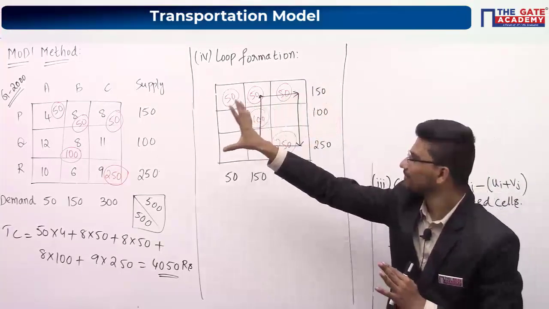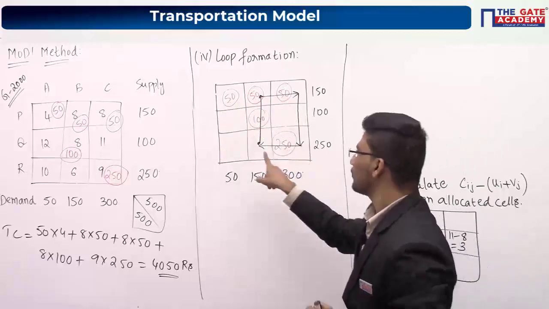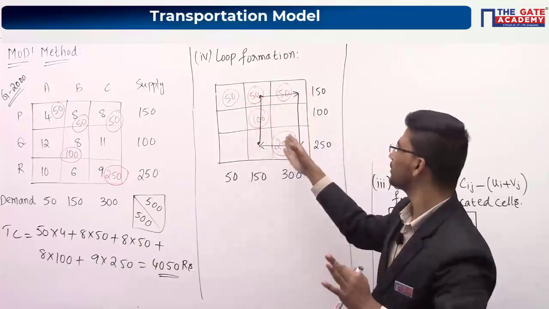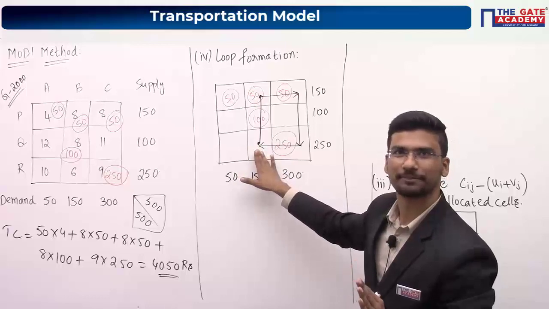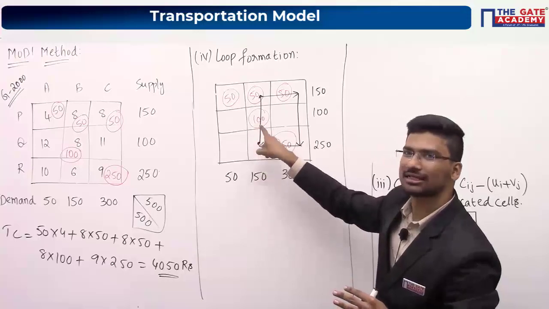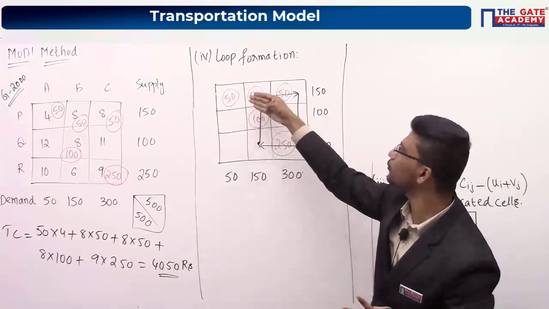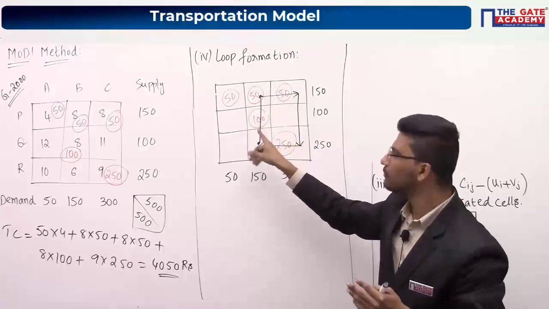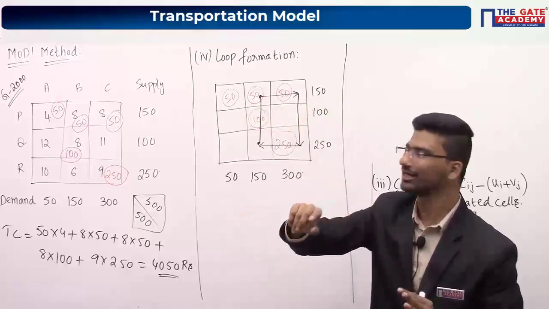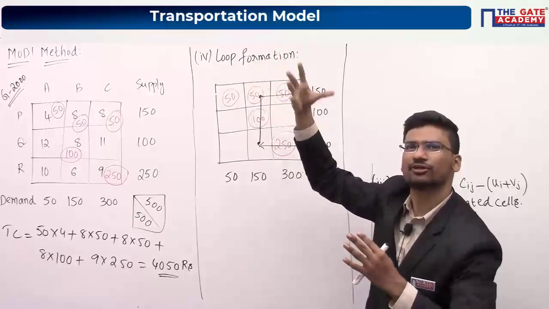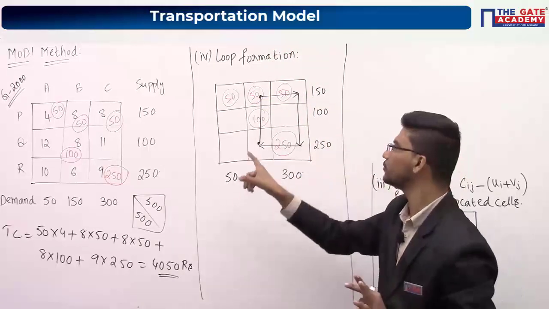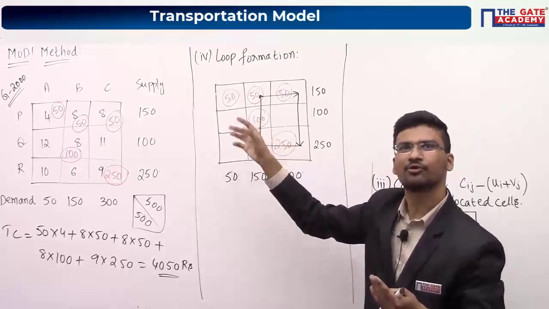So step number 4, write down the allocations. So we have started from this particular cell, right? So after taking maybe n number of turns, you have to again come back to the initial position. Okay. What you are saying is, is it mandatory to move only one cell? No, you can bypass this particular cell and you can move to the other cell also. See, because if you are moving only one cell, you cannot come back by following those rules. Okay. Maybe you can move 2 cells, 3 cells, 4 cells, any number of cells. It is your wish. So I hope I have answered your doubt. It is not mandatory to move only one cell. You can move any number of cells.